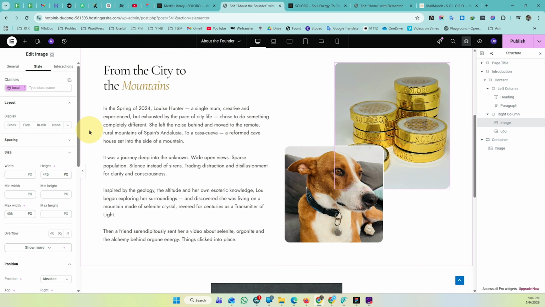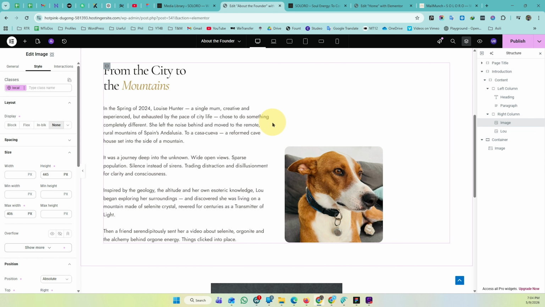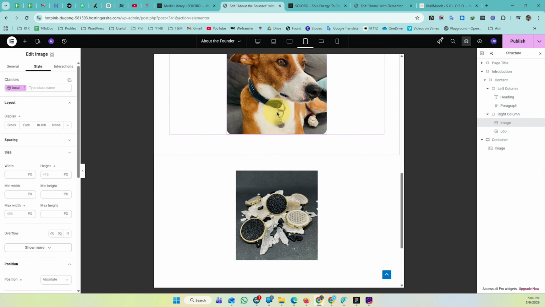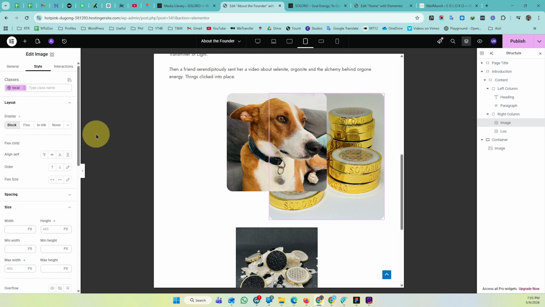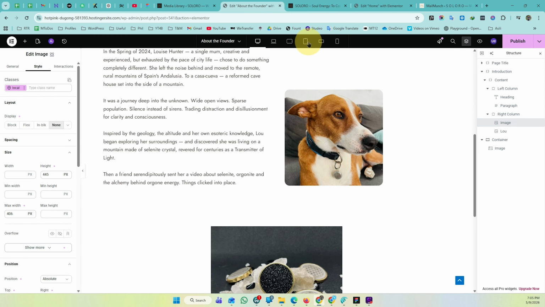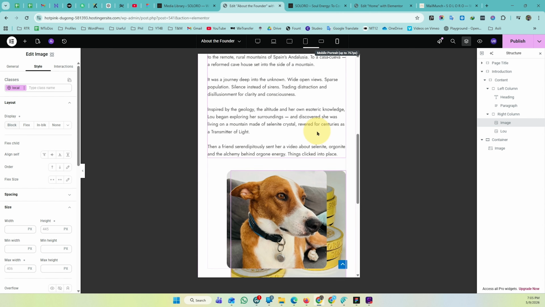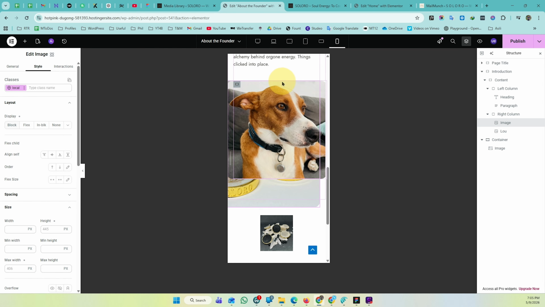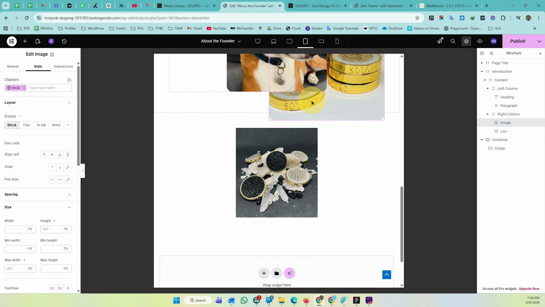So if you want it hidden on desktop but visible on tablet, you need to go to the tablet breakpoint and manually set the display back to block or flex to override that inheritance. So now on desktop it is hidden, on tablet it is visible, and on mobile it is also visible because it is inheriting from the higher breakpoint. So if you want to hide it here on mobile, you can again override it from the layout tab. So now you can see that you have full control. You just need to make sure you are on the right breakpoint when you are making the changes.